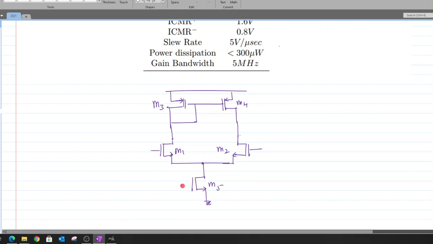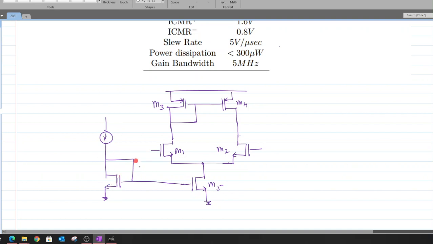And we know that this M5 gate terminal has to be biased with a particular potential. Now in general, when we go for analog IC design, we will not use this direct potential. Rather, we'll apply this potential through some sort of current mirroring structure. I'll force some current through a diode connected structure, and this diode connected structure provides a particular voltage that I will use to drive the VB of this M5 transistor.